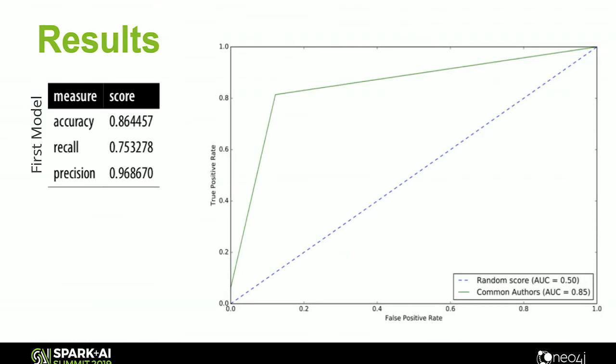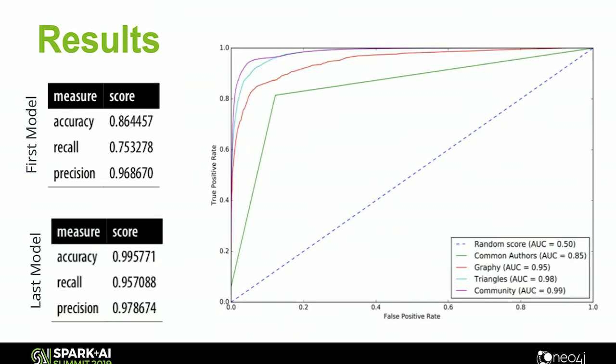As far as our results, this was our first model. Not too great. We've got true positive rates on the y-axis, and false positives on the x-axis. The blue line is just your average random stuff. And then this is our first model that we trained. Not that great. Definitely want to get that farther up in the corner there. And after using multiple models and bringing that together, we were able, in the last model, to get our accuracy up significantly, as well as reduce those false positives and be more precise. So definitely playing around and tuning your parameters is very important.